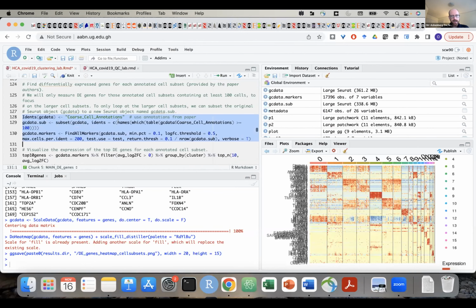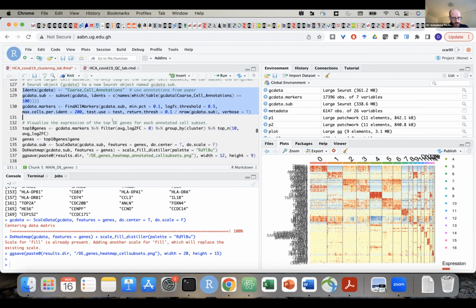And what this is going to do is, here we took clusters 0 through 16 and calculated differentially expressed genes, and then we can use that to do annotation. However, we also have been provided annotation by the authors of the paper. So we can kind of cheat and skip to the end and say, okay, here we already know the cell types. What are the genes that really label them? So that's what this last chunk of code does. It just takes the coarse cell annotations from the authors and